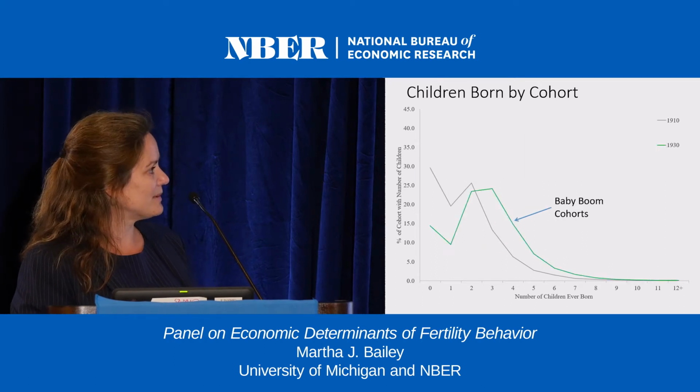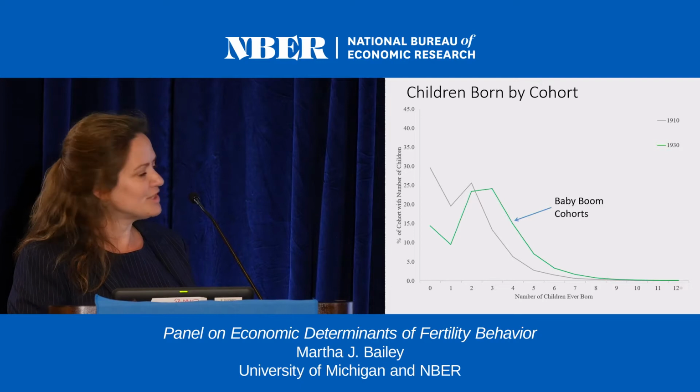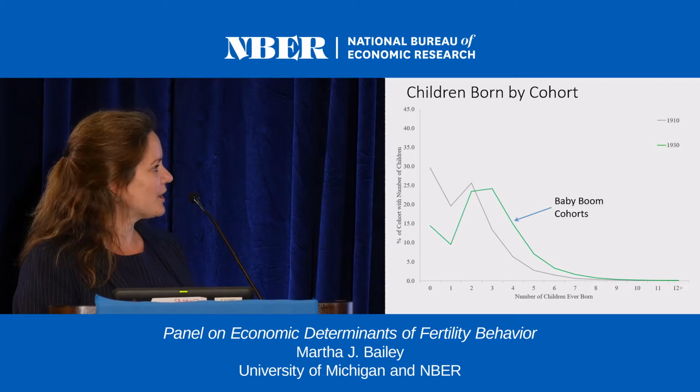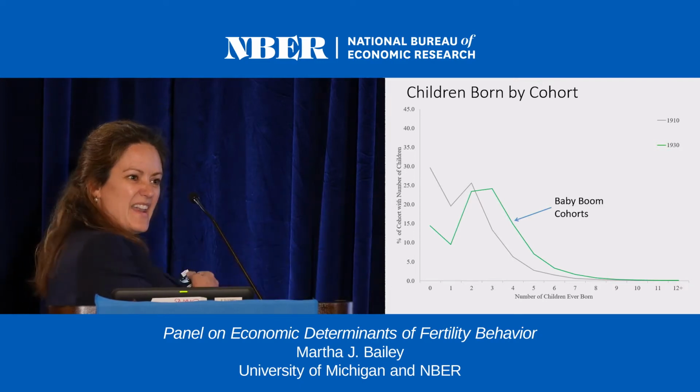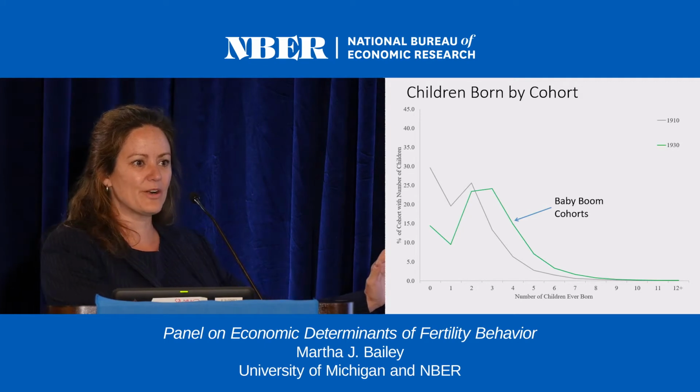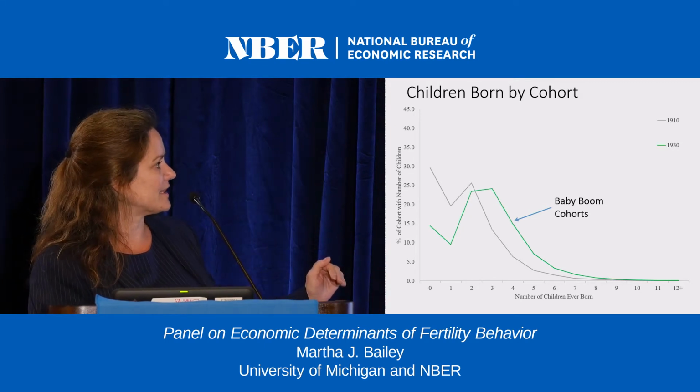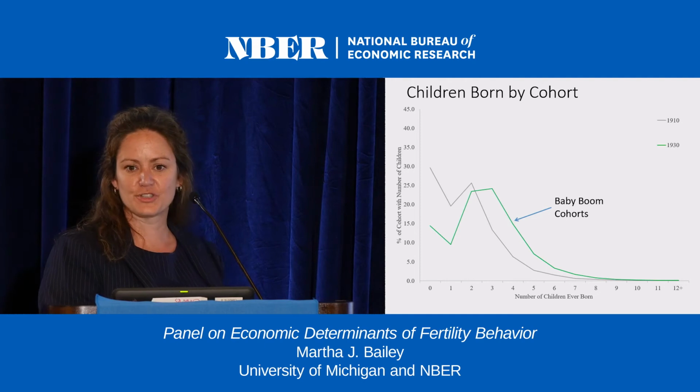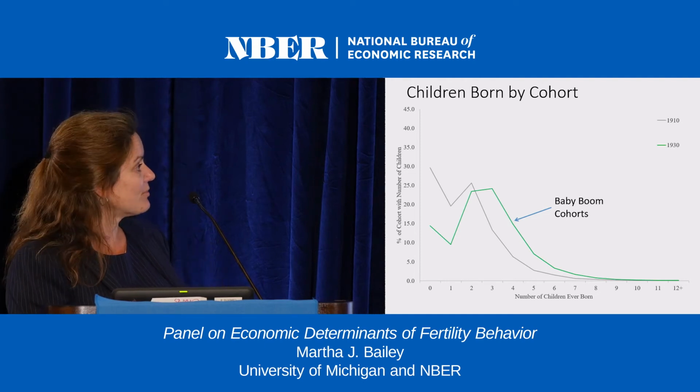Now let's look at the baby boom. One of the things you see as you push out from those low fertility cohorts is mass is shifting in every part of the distribution out. Women are having more and more children. Childlessness rates plummet, and women are having over 3 children on average over their reproductive lifetimes.